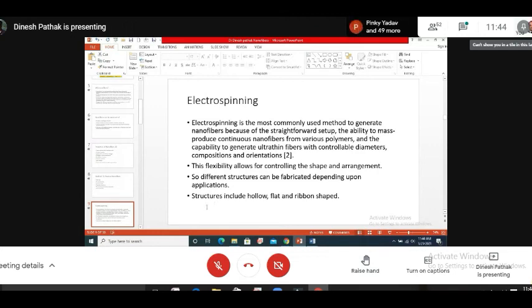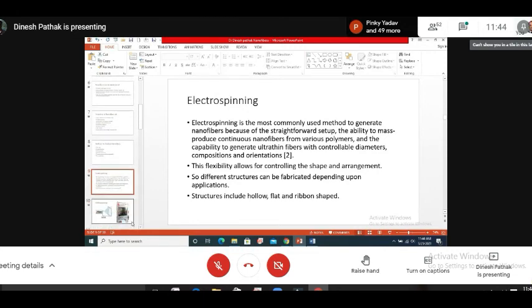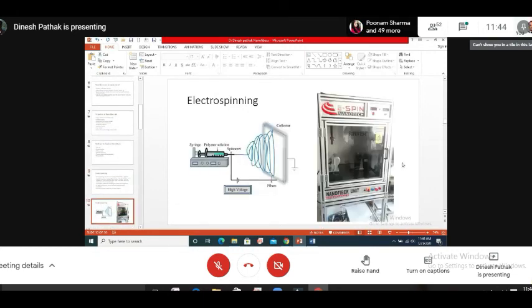But we used electrospinning. So what is electrospinning? I will come to the instrument. This is the instrument actually, an eSpin. This company is actually Indian. One of the fellows, Dr. Sandeep Patil, was a fellow at IIT Kanpur, and he established this company. And this machine, my colleague Dr. Aman Mahajan purchased from them.